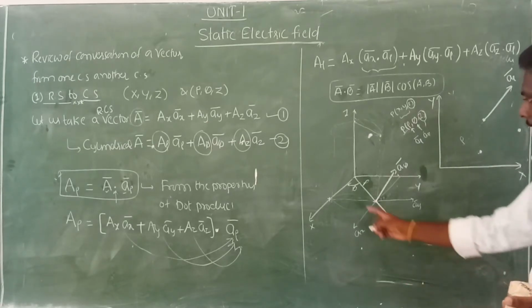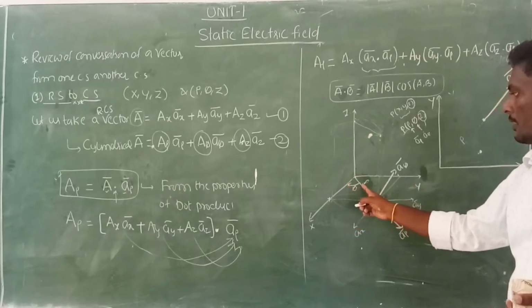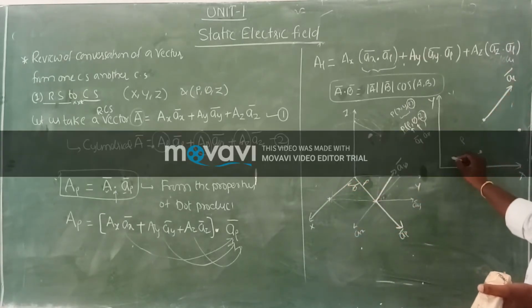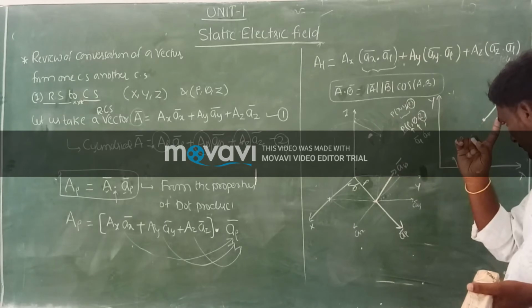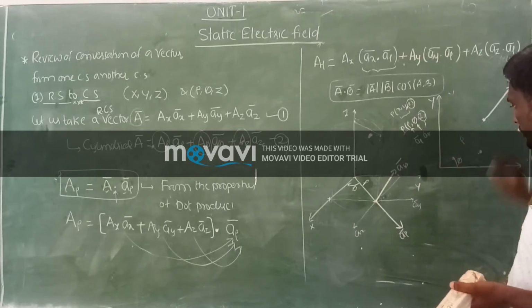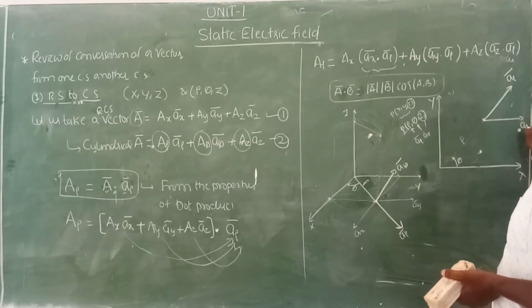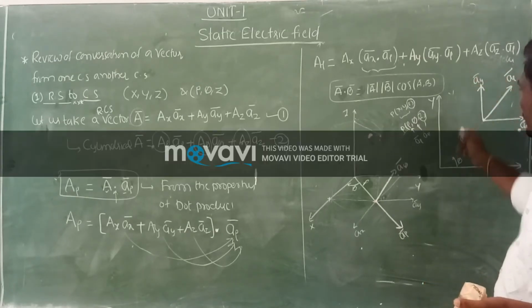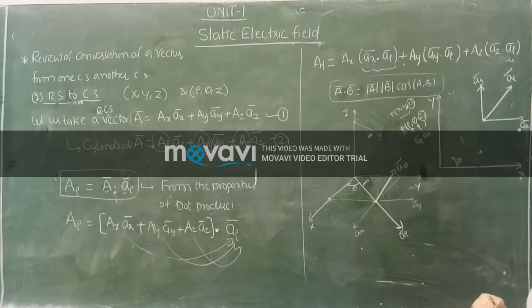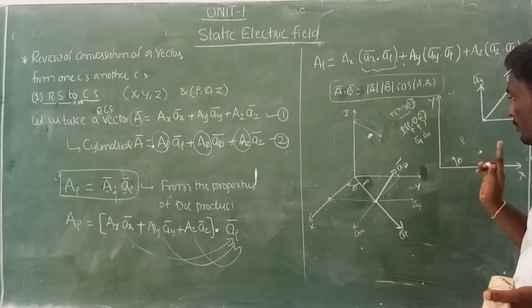Now what is the angle phi? The phi is the angle made with respect to the x axis, from the x axis to the rho line. So this is my x axis, and this is my phi. Next, A rho bar is there. What about Ax? This is my Ax. And where is my Ay? This is my Ay. Ay bar is in the direction of the y axis, Ax bar in the direction of the x axis. So now we have Ax, Ay in the Cartesian coordinate system, and we have A rho bar in the cylindrical coordinate system, and we missed one more component, that is A phi bar.